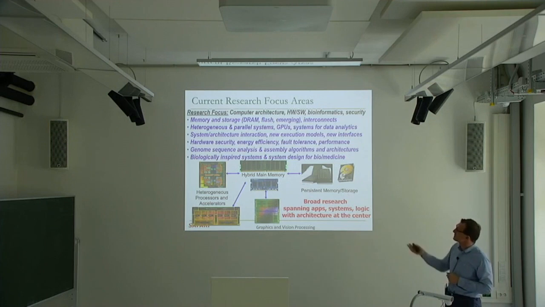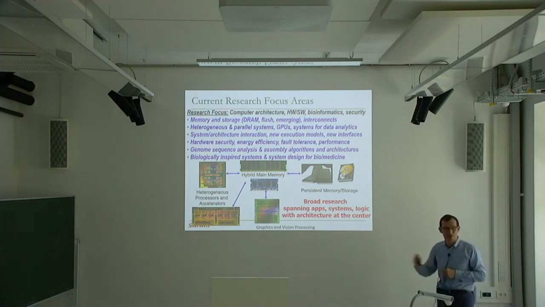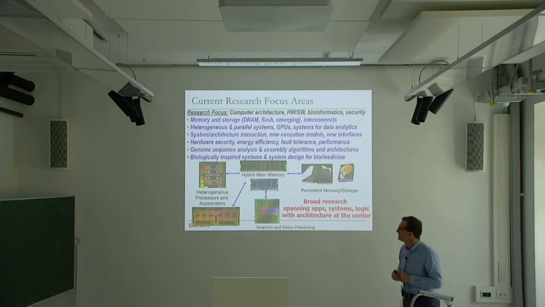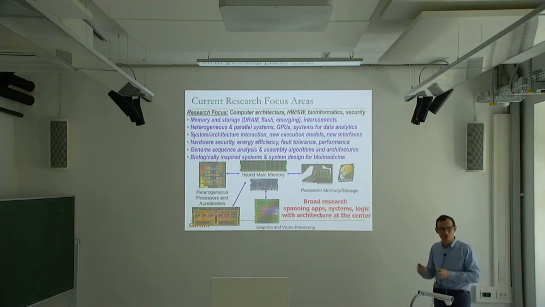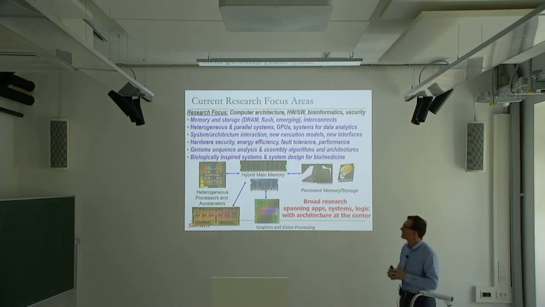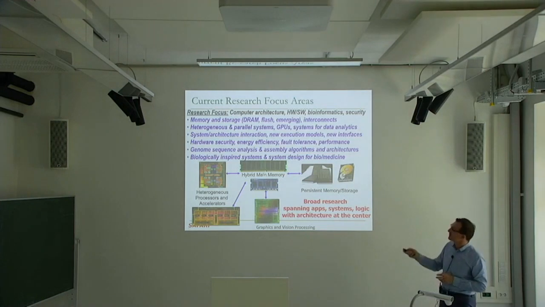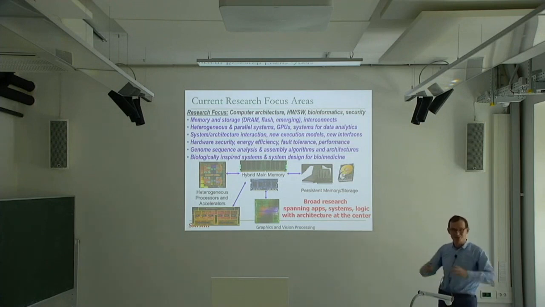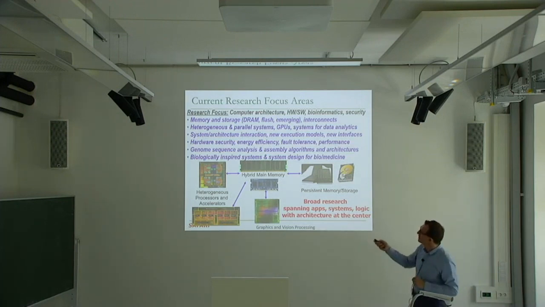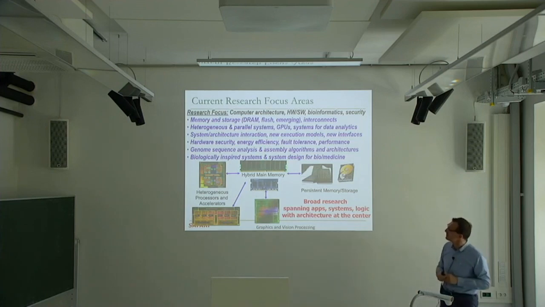And new execution models usually require new interfaces as well, like the software interface, the programming interface, as well as the hardware interfaces to enable that. We're going to talk a lot about this intersection of hardware security, energy efficiency, fault tolerance, and performance. Today, as transistor scaling has slowed down, we're having a lot of difficulties in fault tolerance, energy efficiency, and performance. And that's leading to hardware security issues, as we will see. I'll use this as a motivation. I think this is very exciting. Understanding how these four different things interact is very important.